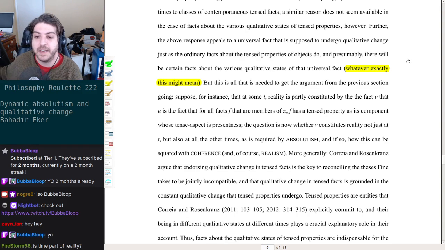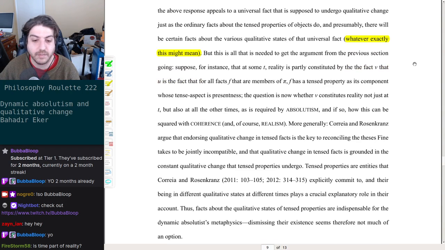Suppose, for instance, that at some t, reality is partly constituted by the fact v that u is the fact that for all facts f that there are members of pi, f has a tense property as its component whose tense aspect is presentness. The question is now whether v constitutes reality not just at t, but also at all other times, as is required by absolutism, and if so, how can this be squared with coherence and, of course, realism? More generally, Correa and Rosenkranz argue that endorsing qualitative change in tense facts is the key to reconciling the